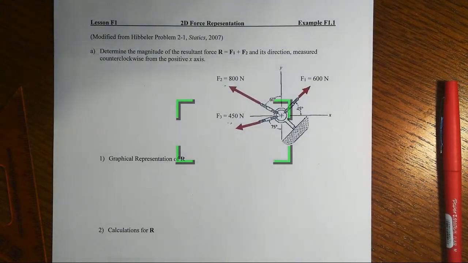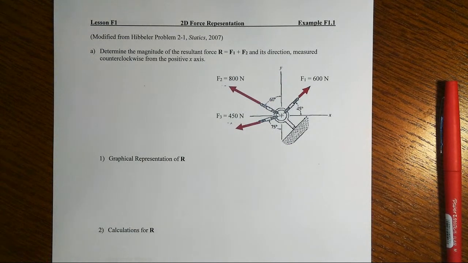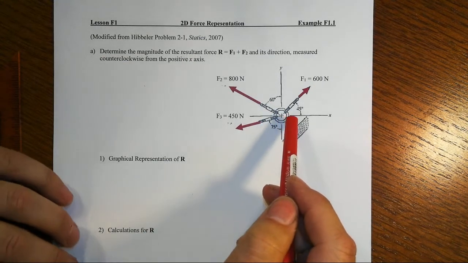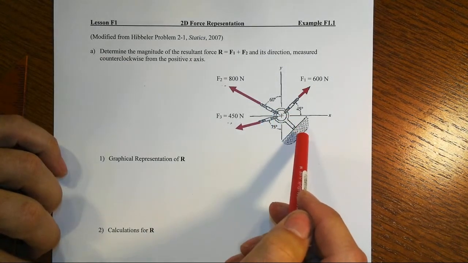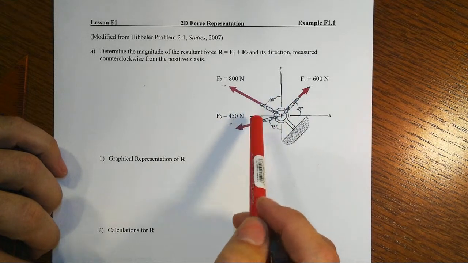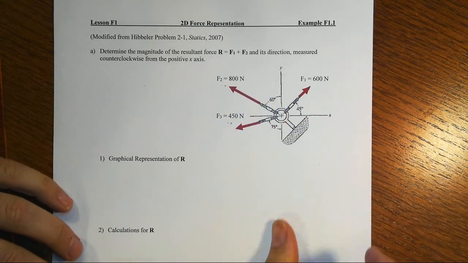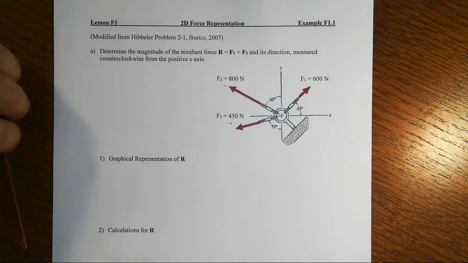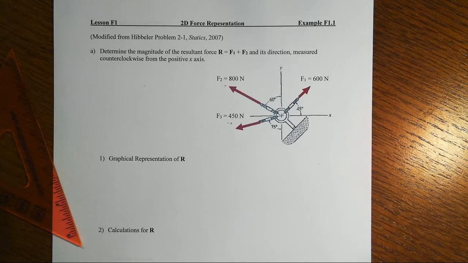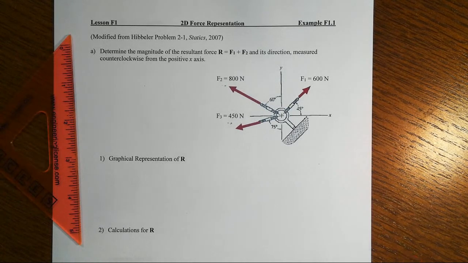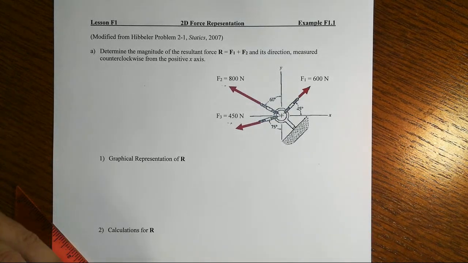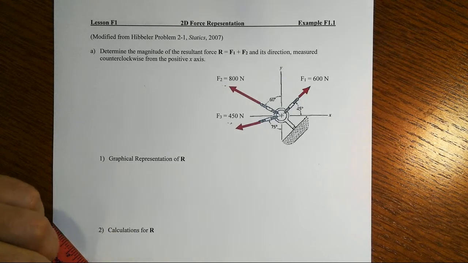In our first numerical example of working with forces as vectors, we're going to take a look at an eye hook that has been attached to a wall, and we've got a series of forces that are imposed on it. Sometimes in these early examples in statics, the nature of them is sort of confusing because you're not doing the entire problem. You're only working on some subset, because we haven't formally introduced equilibrium yet and those kinds